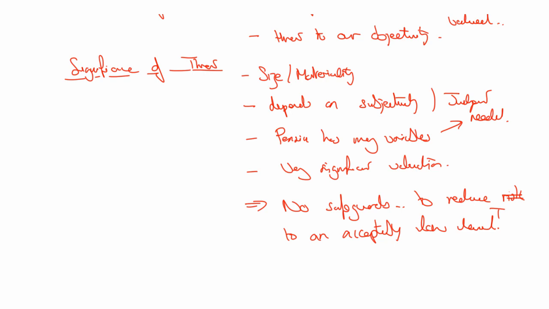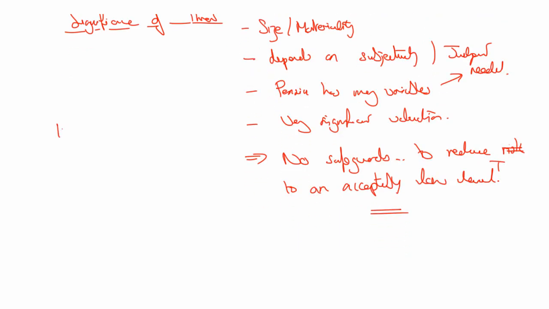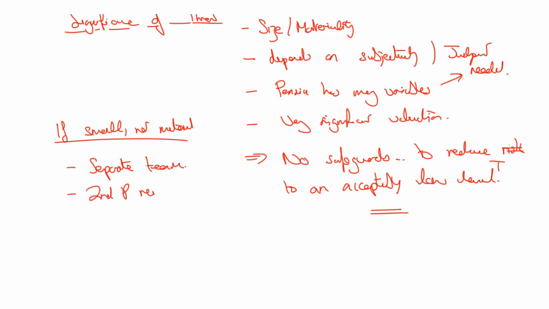Okay, now, when you get to this one where you say there aren't any safeguards, you always want to then say, yeah, but what if it was small, if it was not material? Okay, if we could have safeguards, then what safeguards could there be? And you'd say, look, you'd want a separate team to do the valuation compared to the auditor. You just want the second partner to have a quick review over it, and you always try and ensure the client understands